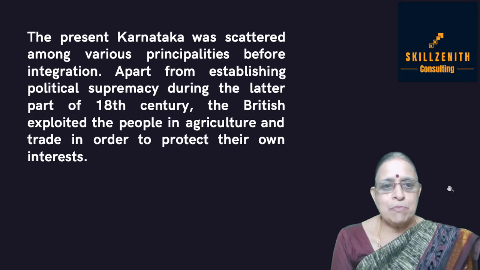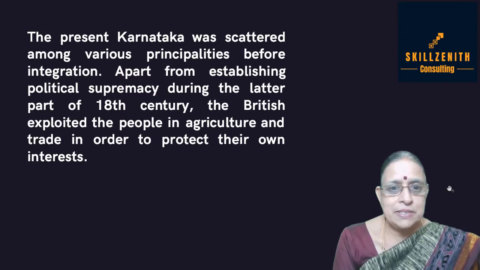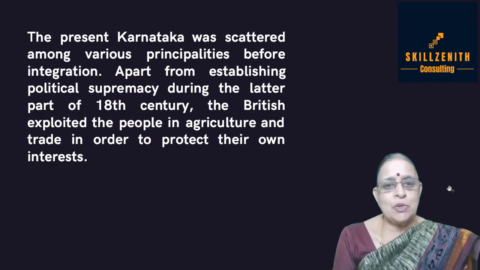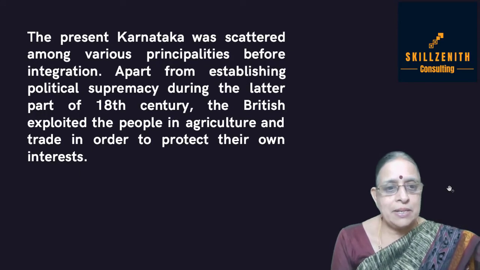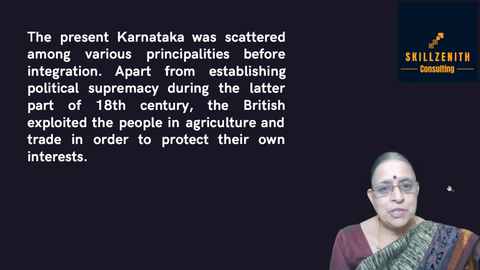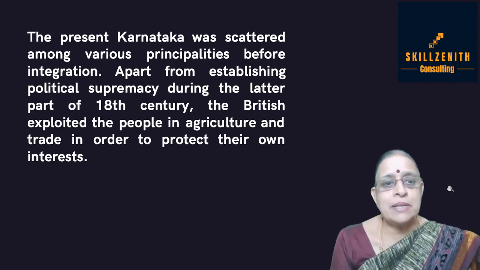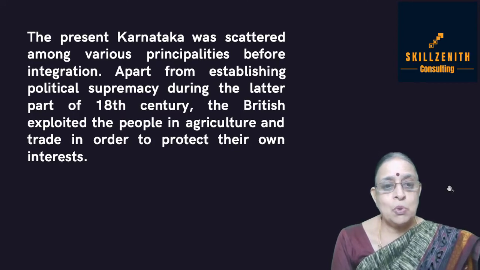Apart from establishing political supremacy during the latter part of the 18th century, the British exploited the people in agriculture and trade in order to protect their own interest. In the initial stages, they did not have political aspirations. Later on, they developed political aspirations also. In order to get the raw materials, they exploited the people in agriculture and trade. Their interest was to earn profit and take over the administration of the whole of the Indian